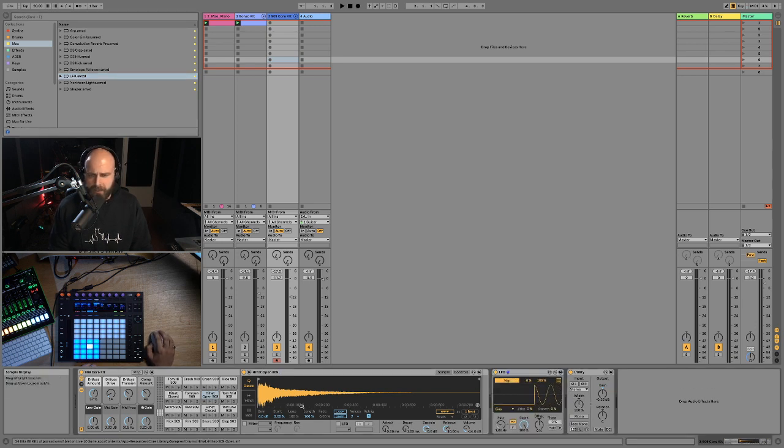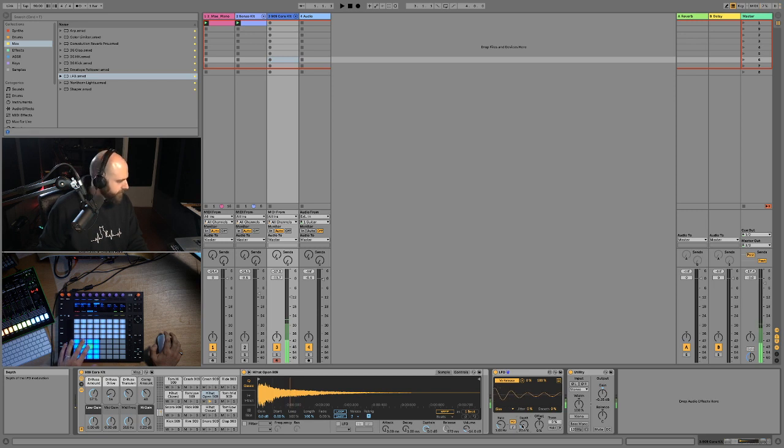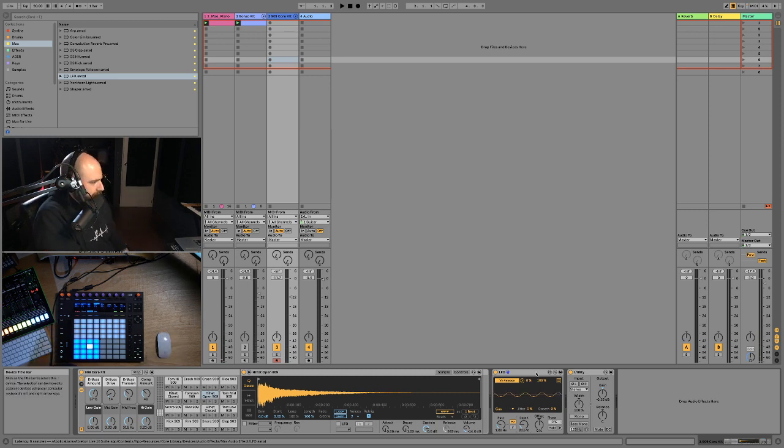Let's map that to, I don't know, release time. There we go. And then we just have to mess around with the parameters to make it something that we like. That's super extreme. So let's bring the depth down. I mean, you get the idea, right? It's very, very flexible. So highly recommend the Lfo Tool.